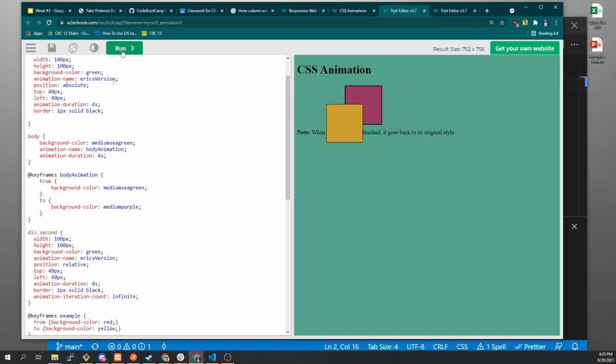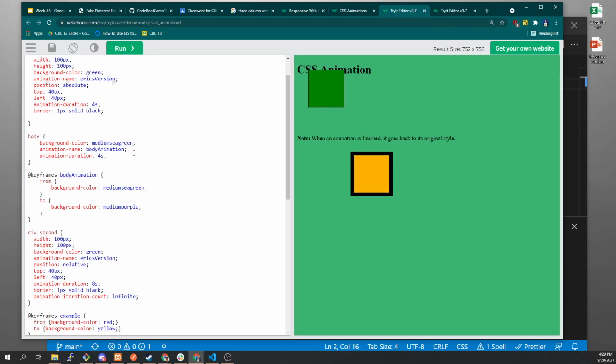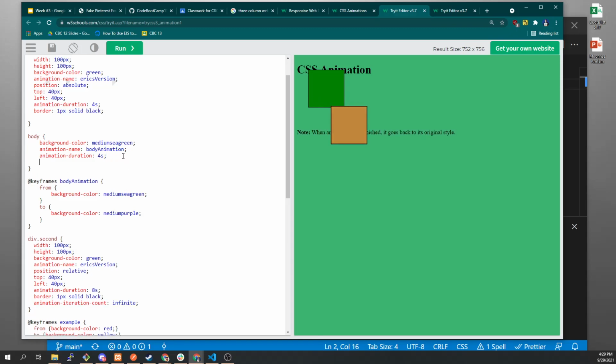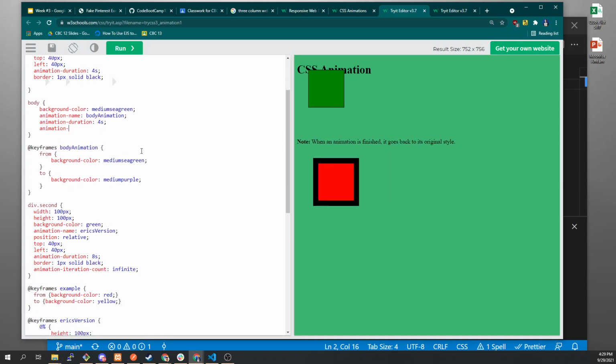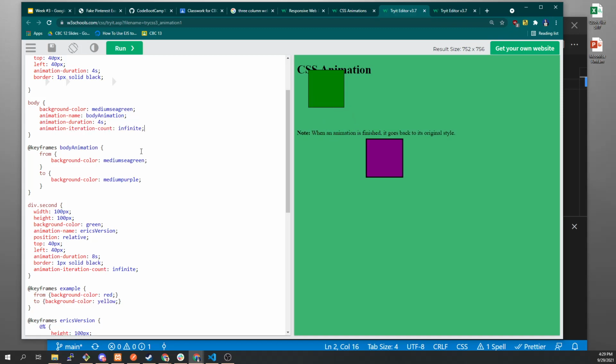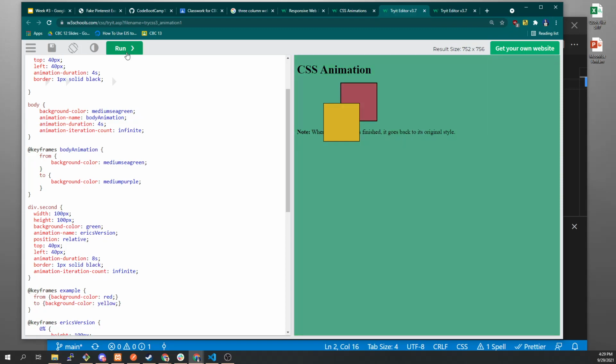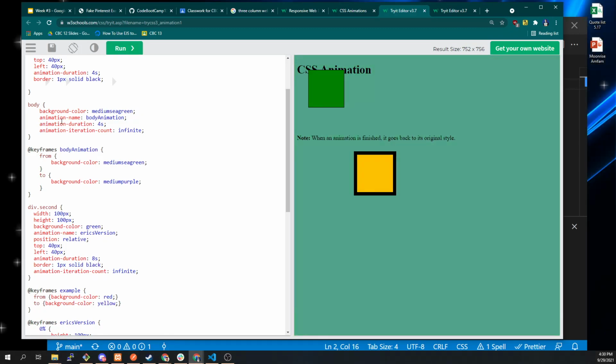We run that. So you see that the background color is going between green and purple. And if we wanted to, which we probably should, we'd want to make this animation iteration count infinite. And so now we have a background that subtly shifts colors between green and purple, and then it jumps back